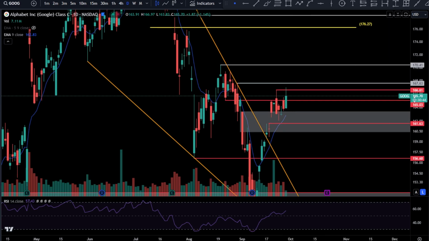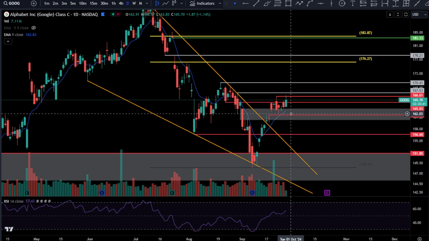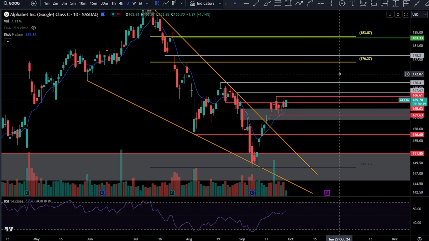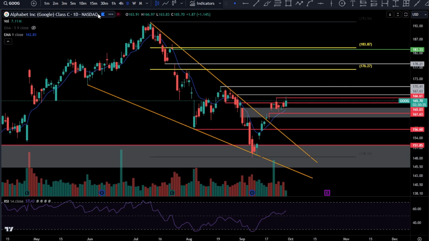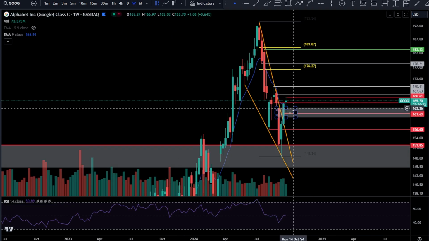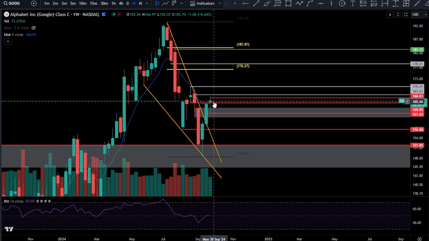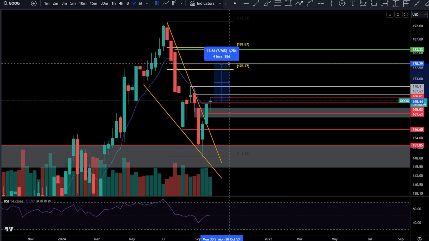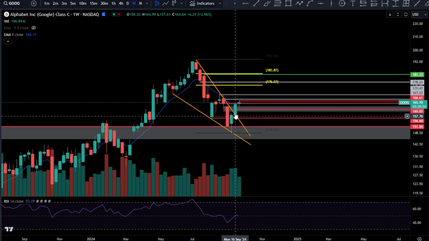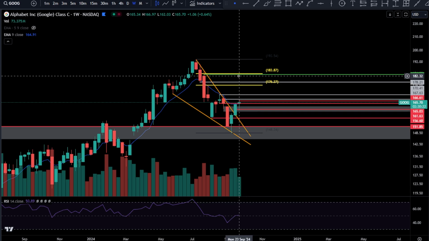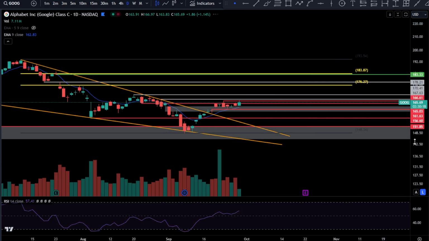161.63. I like that. I think that is going to be the buying opportunity if we see it. And then I think probably from there, it heads up to 170.41. So there's a free money opportunity if you get it. This rally hasn't even started. Okay, clearly it started. But the middle, the meat on this bone here, it hasn't even come. This is just one part of the bone, this is the other part of the bone. This is going to be the meat. The meat is right here. It hasn't even happened.